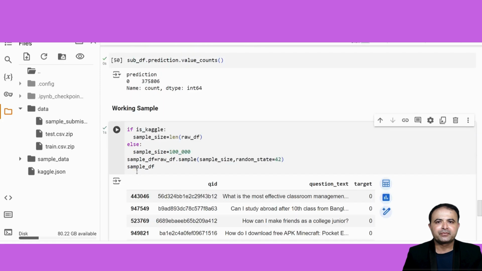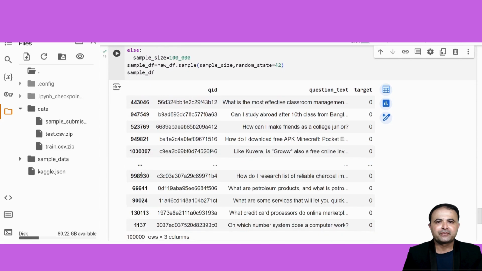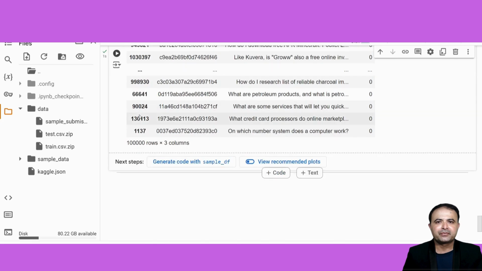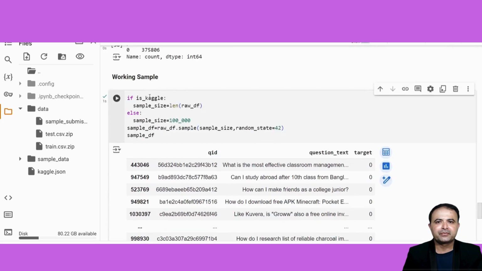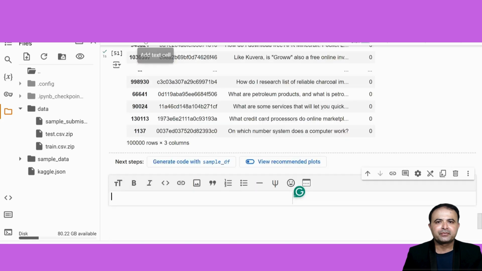You can see I have successfully fetched out and loaded the sample data in Google Colab with the help of Kaggle. Want to ready